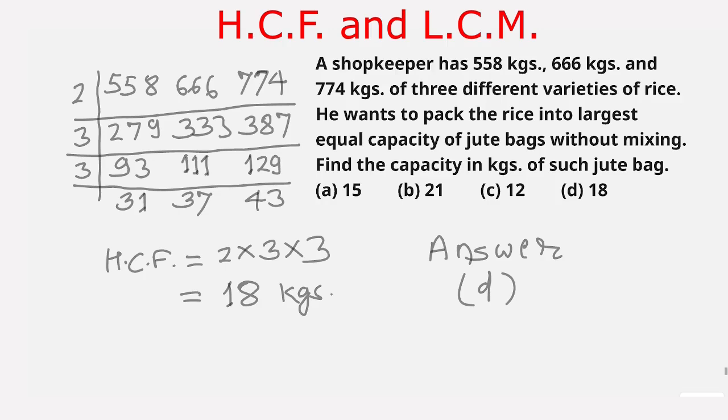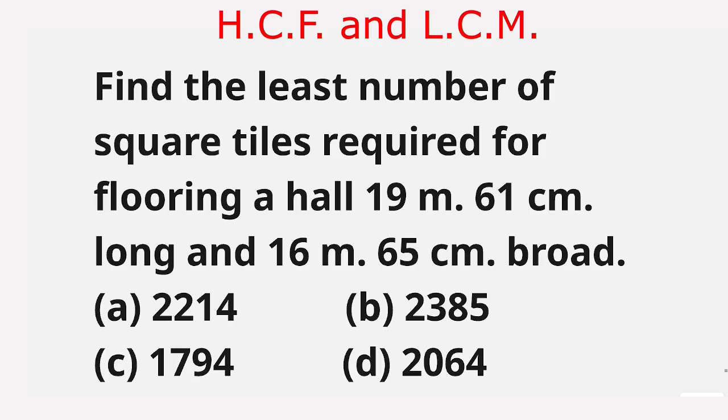We go to the next question. Our question is, find the least number of square tiles required for flooring a hall 19 meter 61 centimeter long and 16 meter 65 centimeter broad. The given options are option A 2214, option B 2385,